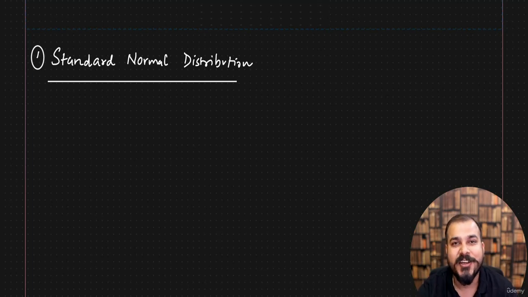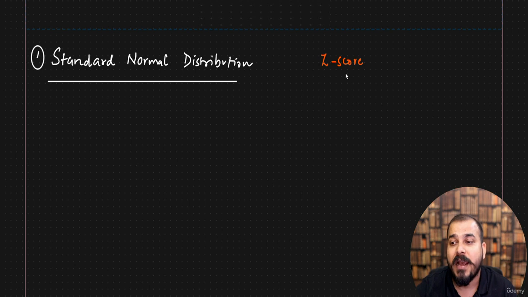Hello guys, we are going to continue our discussion with respect to statistics, and in this video we are going to discuss standard normal distribution. Already in our previous video we have discussed normal distribution or Gaussian distribution. In this standard normal distribution we are also going to discuss a very important formula which is called